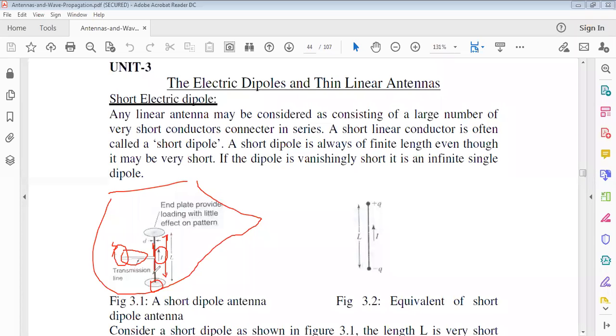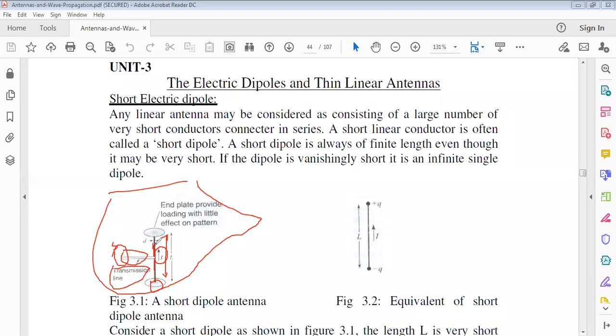Here it is also the same. That's why it is mentioned here that this is the piece of transmission line. That piece of transmission line is folded 90 degrees and terminated with two metal plates. They act as a passive load. And what we have to observe here is that this transmission line is a piece of conducting wire,